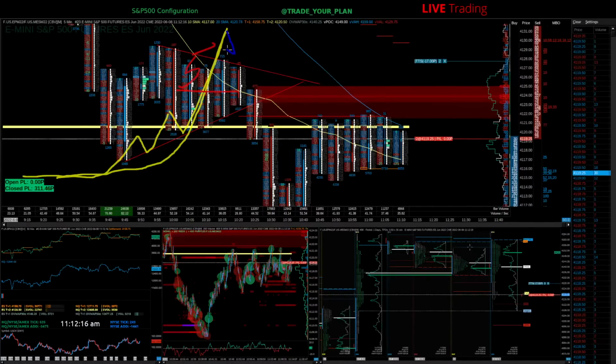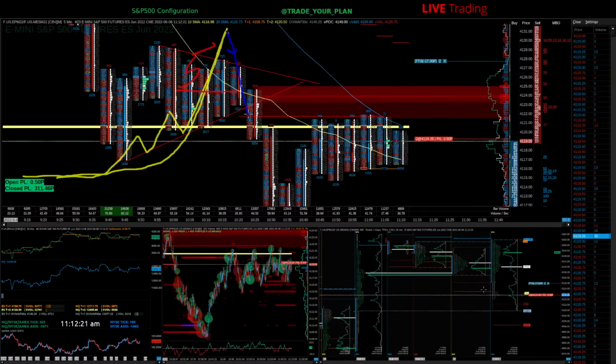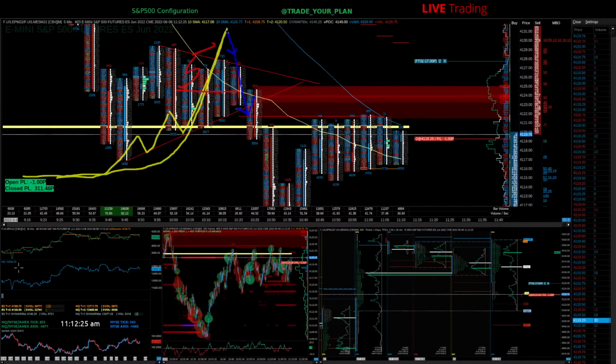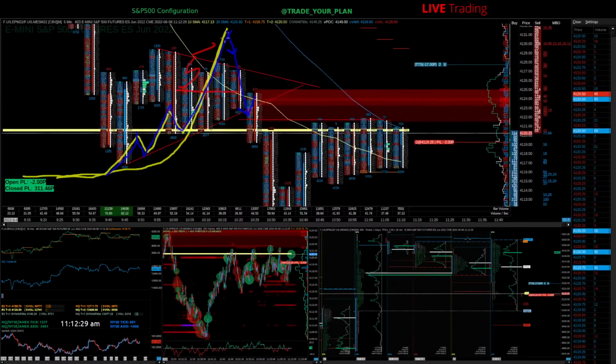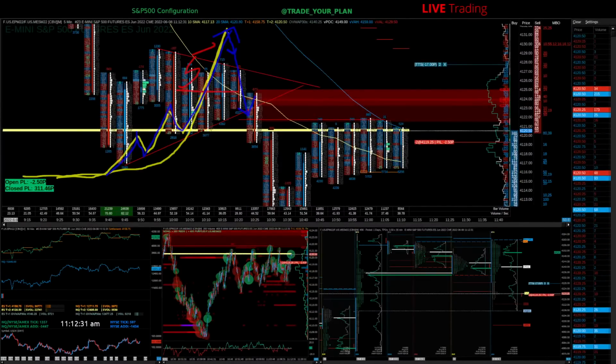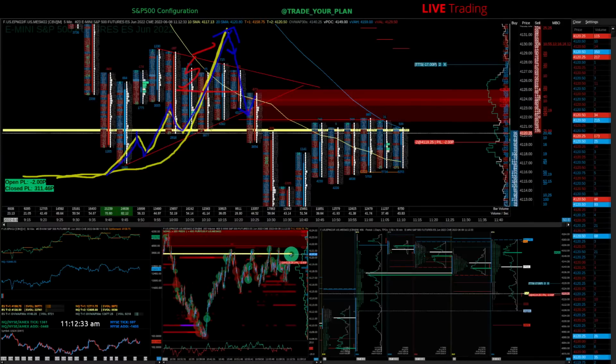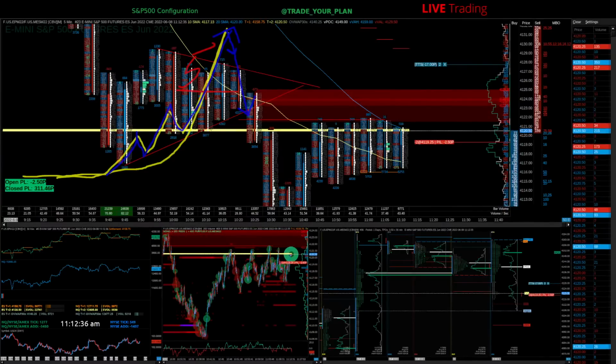I'm buying this tiny pullback, and I'm telling my trading buddies, nah, you probably want to wait for here. And they're like, what? No, it's a trend day, you idiot. No, did you see the waves though? They're like, what are you talking about? You Elliott wave geek. That ish doesn't work.